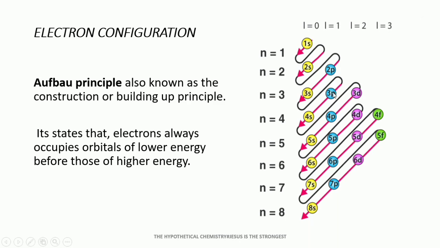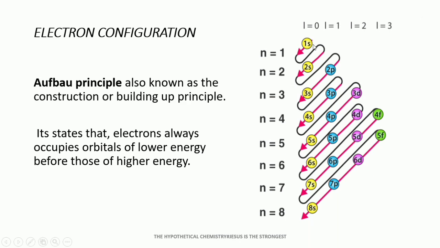The 3p, you come to 4s, 4s you come to 3d, 3d to 4p, 4p to 5s, in that order. Just follow the arrow. So as you follow that order, energy level is increasing. Yes, energy level is increasing. And he's saying that always make sure you fill fully those of lower energy first, fully, before those of higher